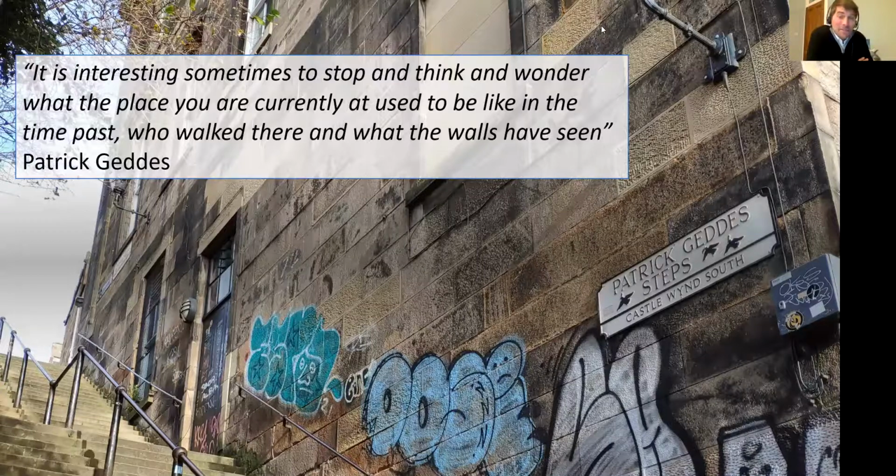And these steps unfortunately limit access to the reserve, but they are called the Patrick Geddes steps. And as a lot of you will know, Patrick Geddes had many talents, but he was very well known as an urban planner. And he also was very well known for his belief and his desire to make sure that culture and nature are interlinked and interdependent to one another. And I think the Johnston Terrace very much speaks to this. It's a wonderful nod to Patrick Geddes. And I really like the fact that the reserve is so well attuned to the name of the steps that lead to it. And I too, as I got to know the reserve, I got to read a bit more about